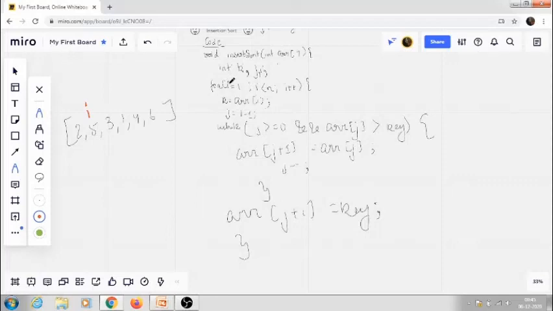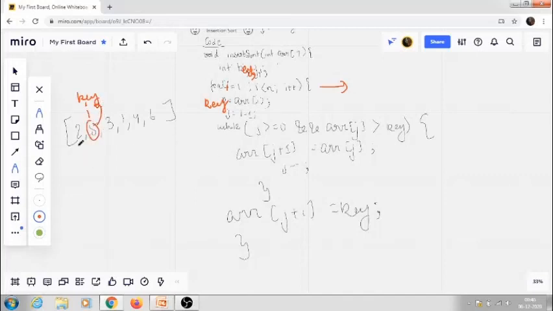Here it is key, that was written k by mistake, it is key. We assign key as array[i], that is 4. 4 is stored in key.